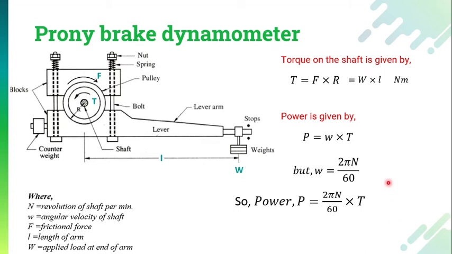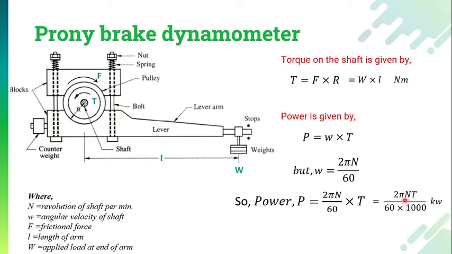Now whenever we identify this value, the value will be too large. So what will we do? We will use kilowatts in terms of the watts. To do that, we need to divide the whole equation by 1000, so we get the whole value in terms of kilowatts. Now this is the final answer that we have received. You can observe that 2 pi is a constant value, and 60 and 1000 are also constant values.